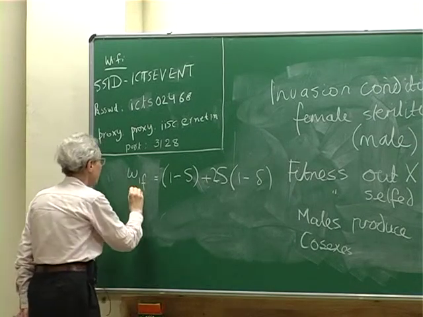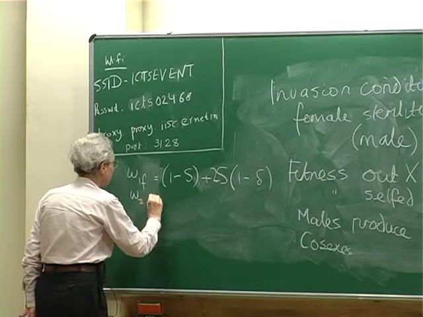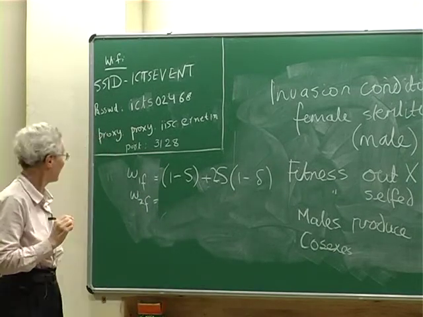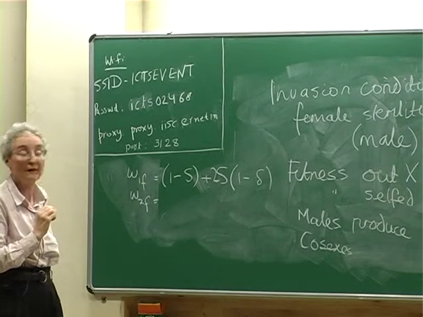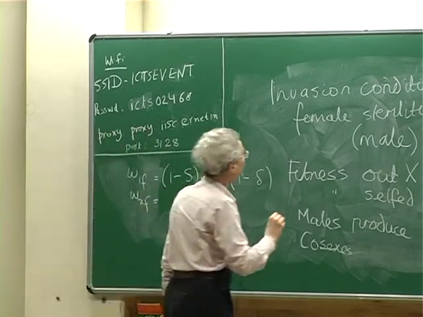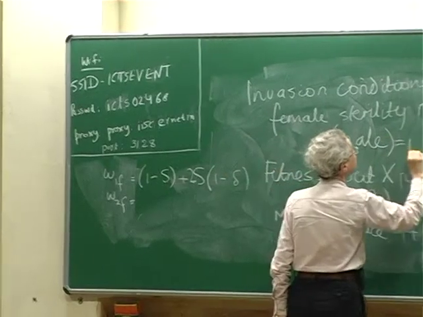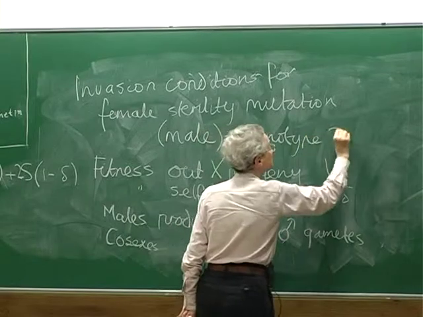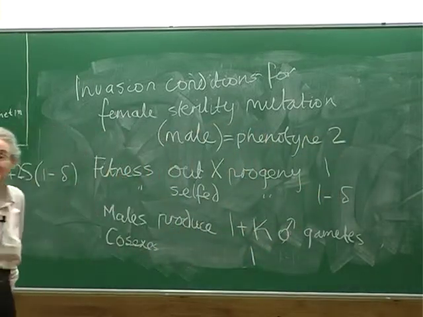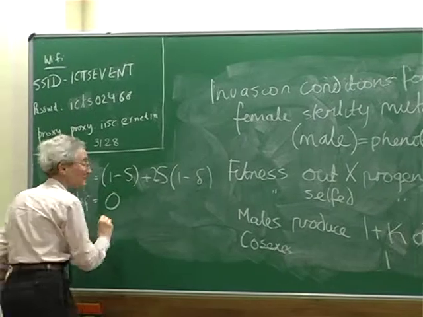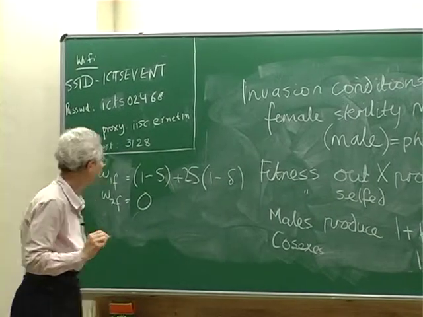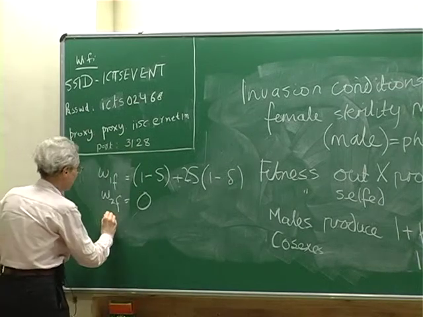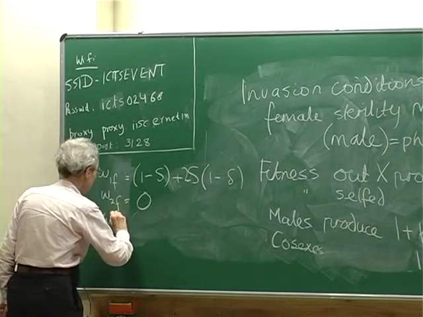What about W2 of S? The new phenotype, the other phenotype. What's its contribution through female reproduction? So this is phenotype 2. Zero. Yep, everybody happy with that one. That's a nice, easy one. This doesn't go up. W1